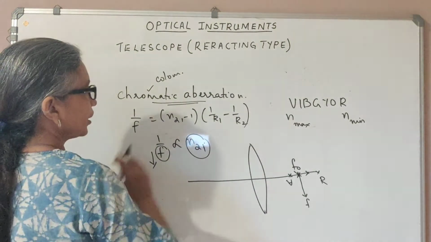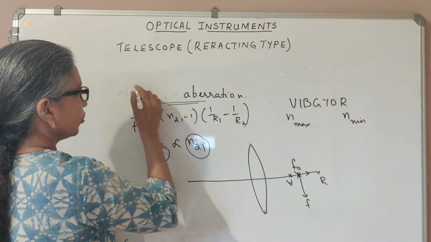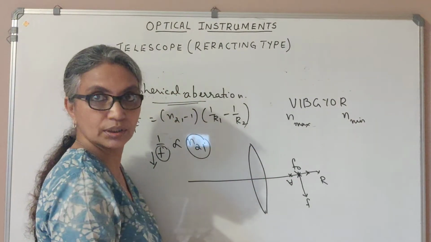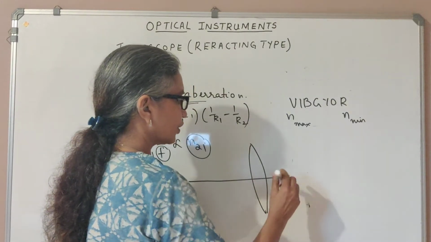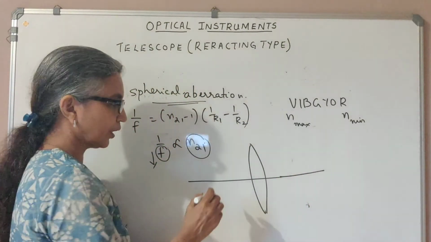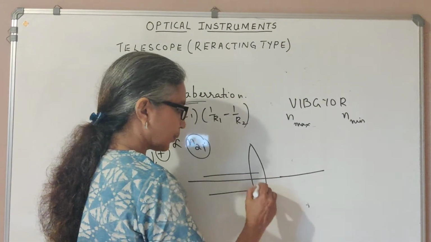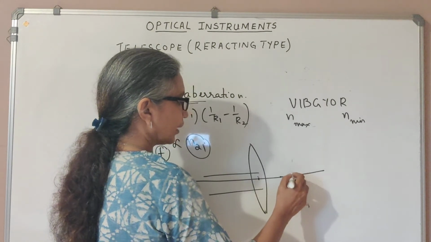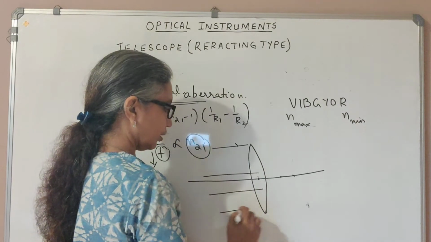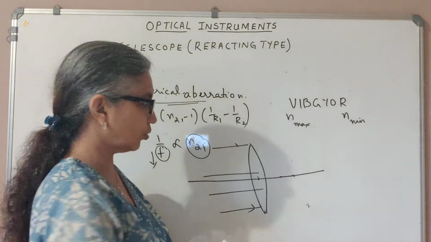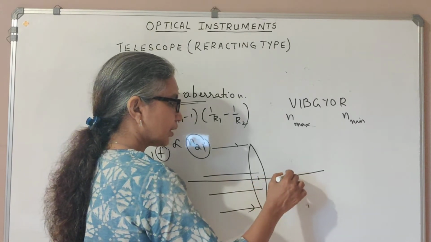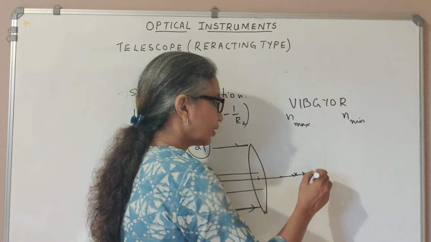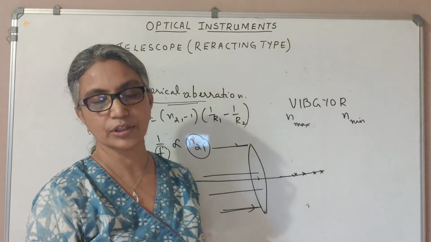Then we have what is called spherical aberration. As the light passes through the lens, because it's spherical in nature, the rays of light that are close to the principal axis, close to the center of the lens, will come to focus at a different point compared to the rays of light that are towards the edge. So these rays do not meet at the same point where the rays at the rim will meet, and because of that, again, we'll have rays meeting at different points, causing a blurred image and not a sharp image.